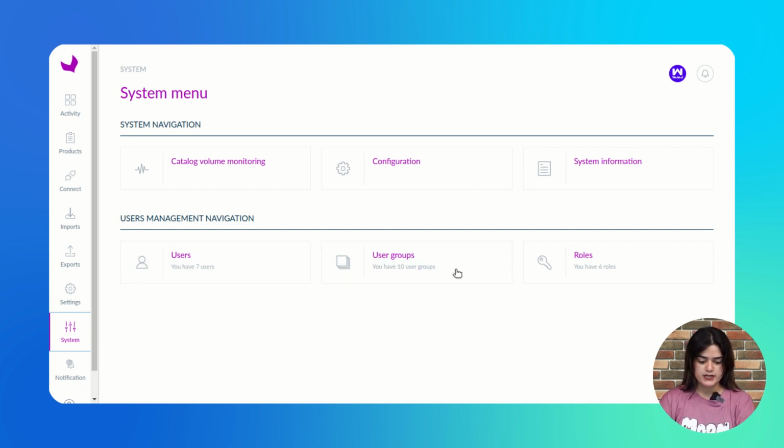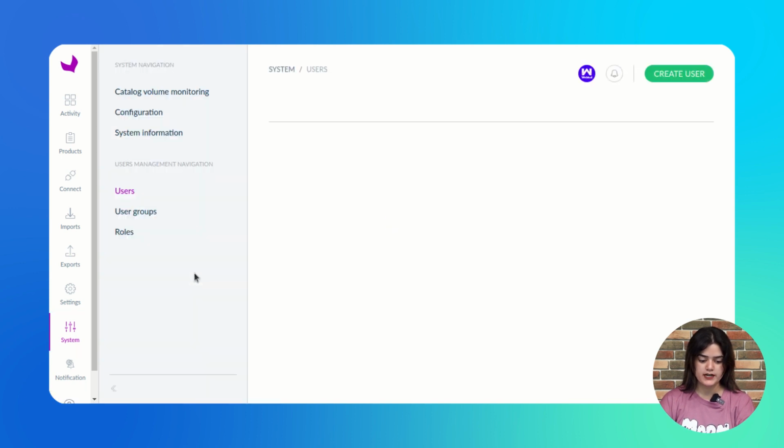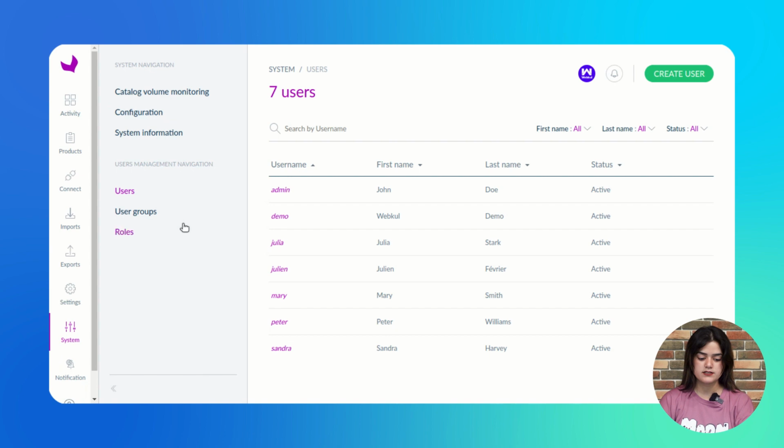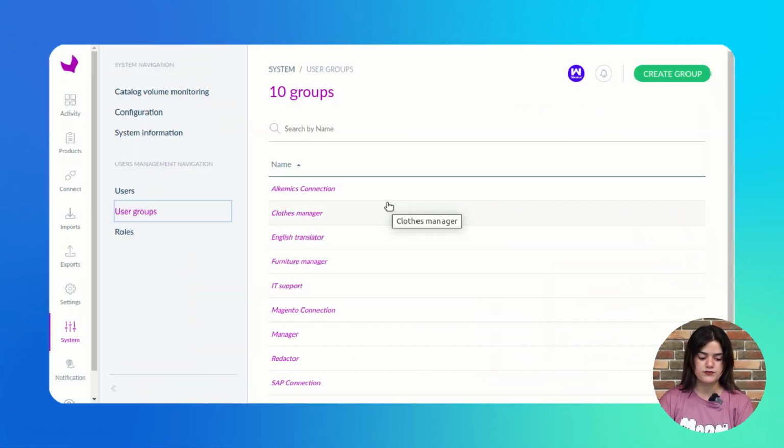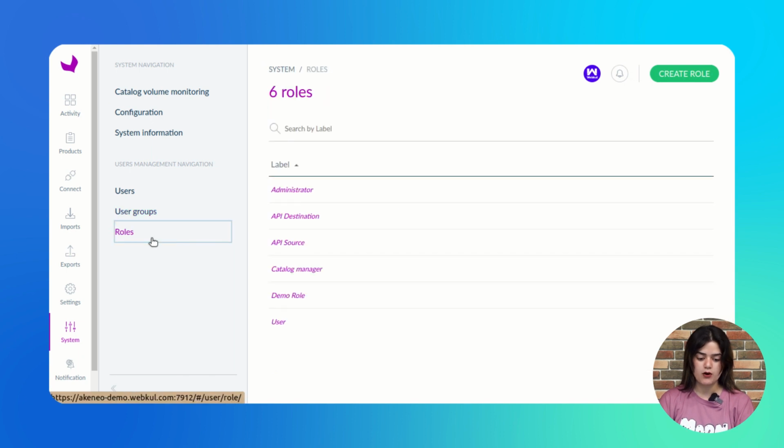Here you will find an option to create users, and next you have an option of user groups. You can also create user groups from there, and you can assign multiple users to that particular user group. And next we have an option of roles. From here you can assign the roles.